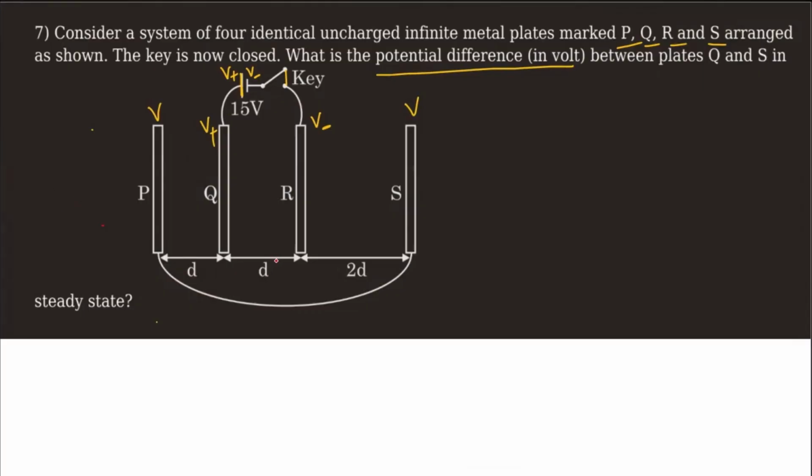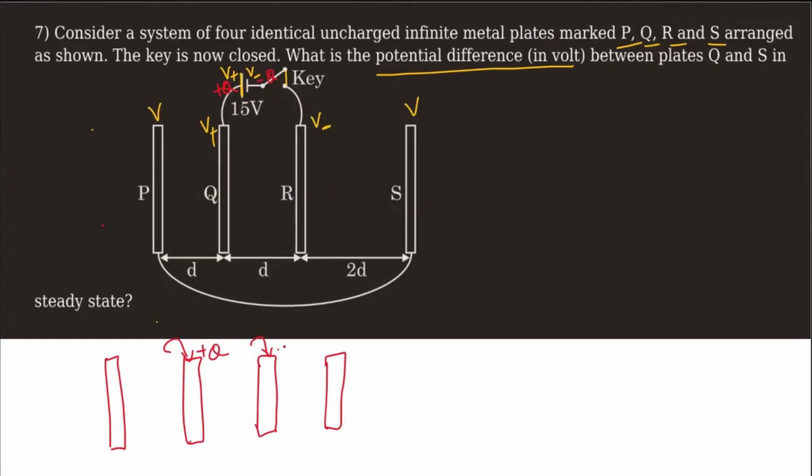First of all, let us talk about the charge distribution. We have learned about charge distribution in one of the previous videos. I have discussed it at length, and I have talked about all the shortcuts also. In there, I told you one thing. Here we have 4 plates, right? So let us first draw the 4 plates. So these are the 4 plates. Done? And here, this is the battery, positive terminal connected to Q, negative terminal connected to R. Let's say plus Q charge is coming out of the positive terminal, then minus Q will come out of the negative terminal. So this plus Q charge is received by plate Q. To this plate you're giving plus Q charge, and to this plate you're giving minus Q charge.